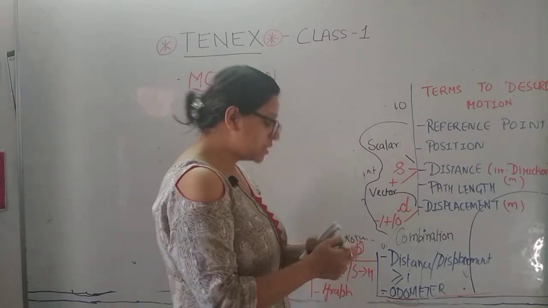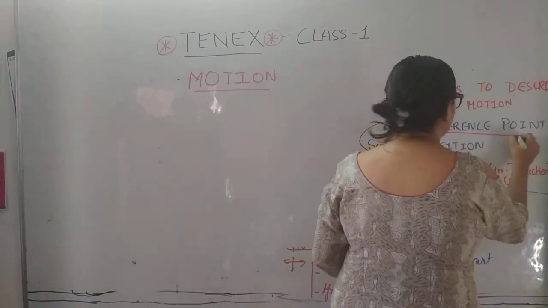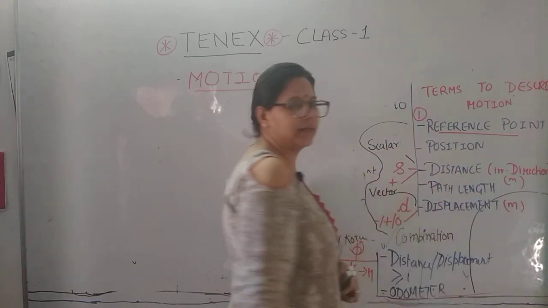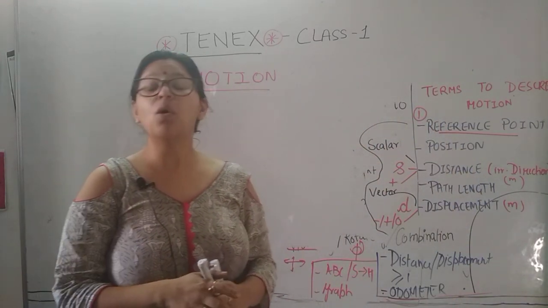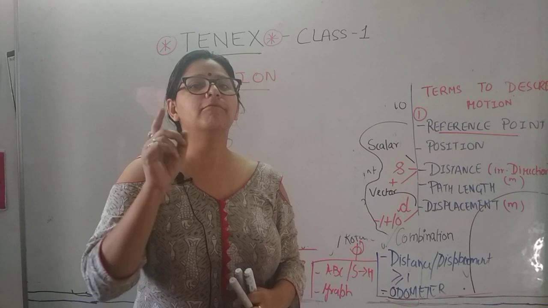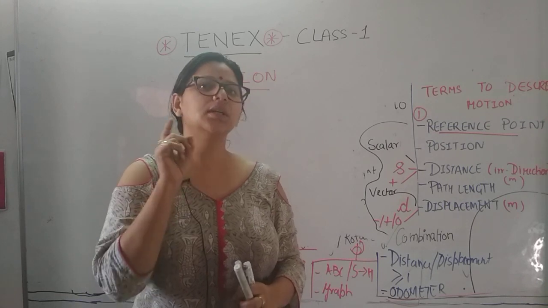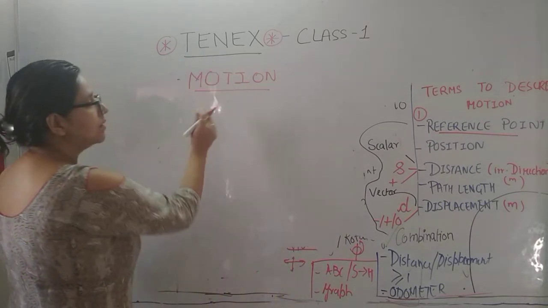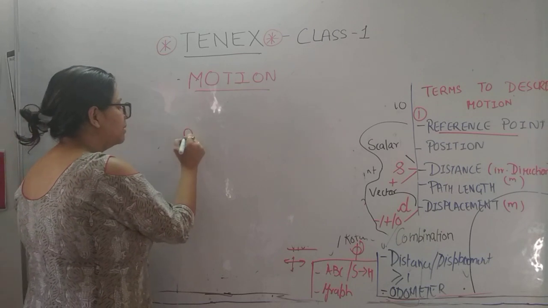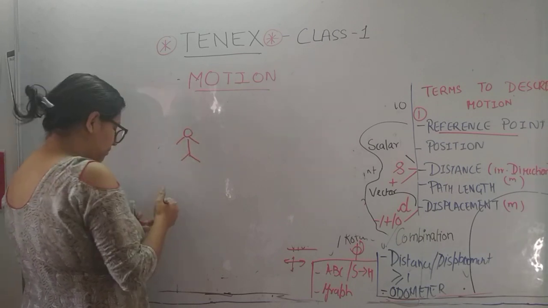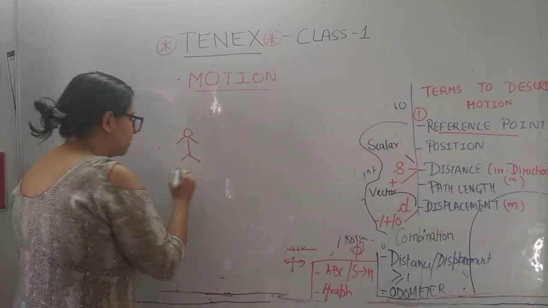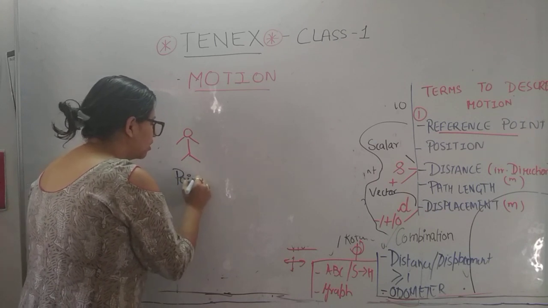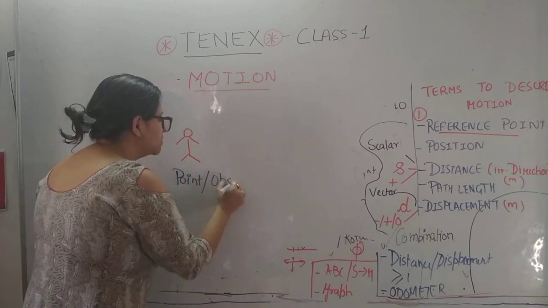So guys, the first very important term is reference point. Motion always occurs with respect to a certain reference point. The reference point can be a point or it can be an observer,